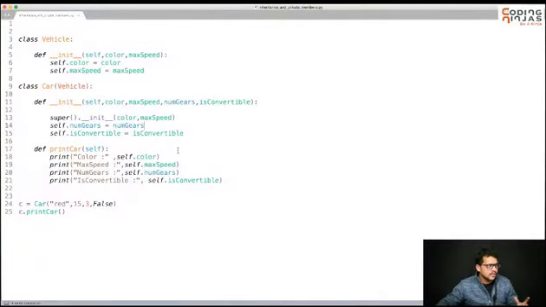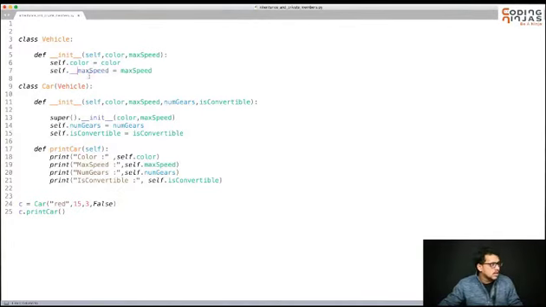Hi, so in this session we are going to see what happens in case of private members. We had already discussed public and private members. In the previous session, we already had all public members. So let's say I make color as private or max speed as private. How can I make max speed as private?